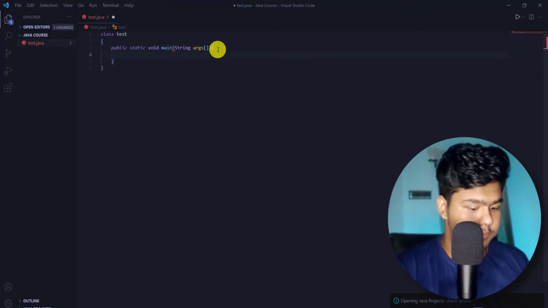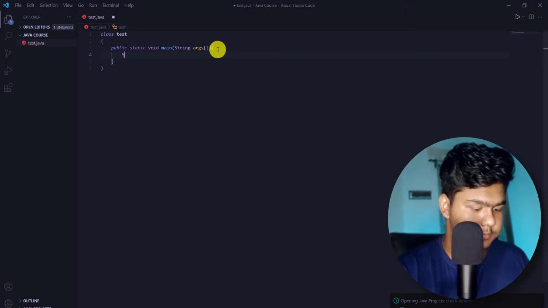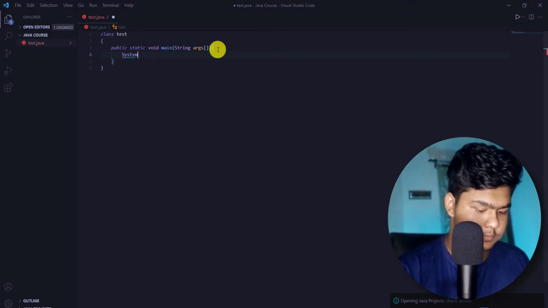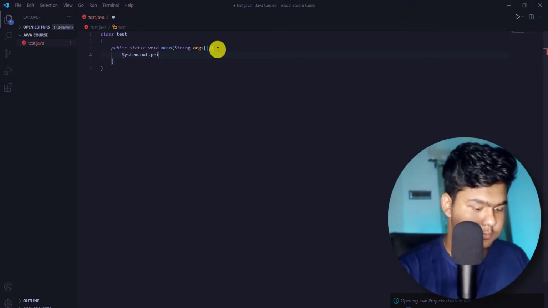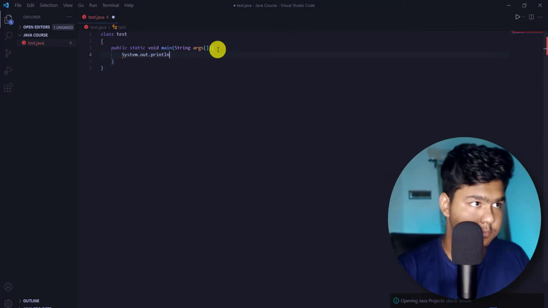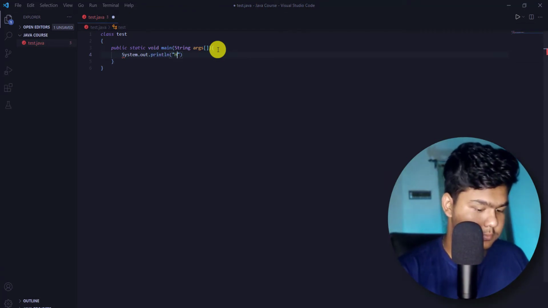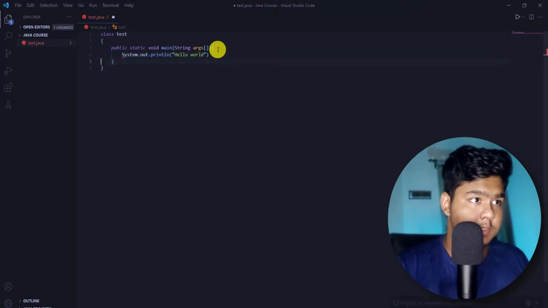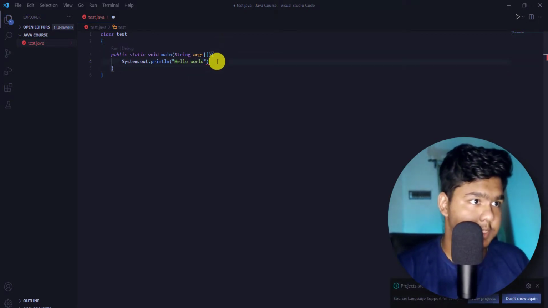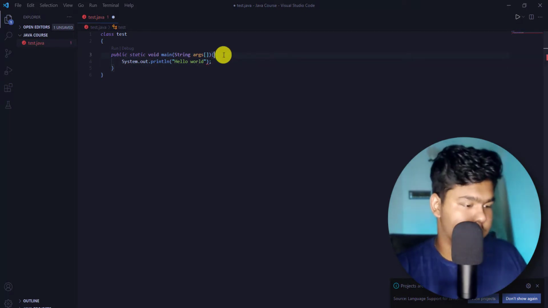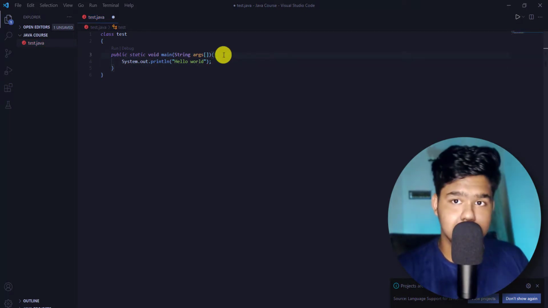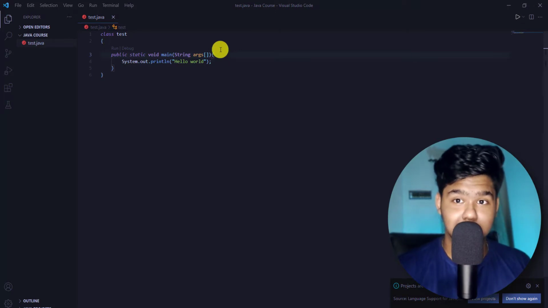Okay, so now I will write a simple print statement. Yes, so I have written the simple print statement. Now click on Control S and save it, and now let's run our first code.